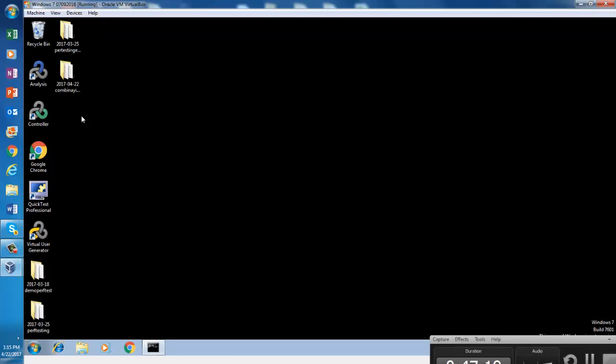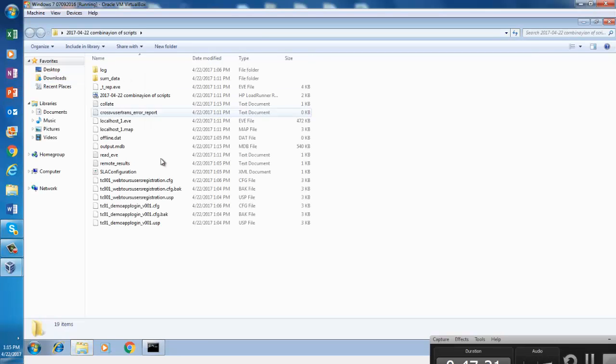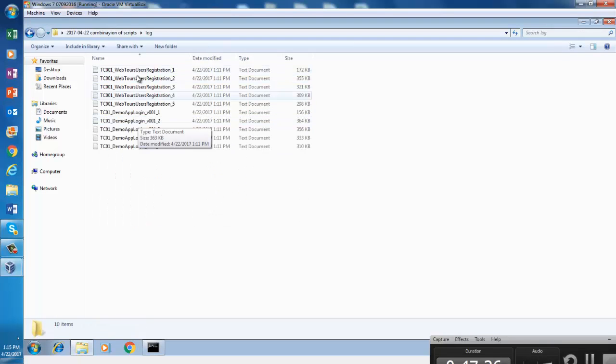After closing, remember I have created a folder here for the results. Now if there is any error, you will see a screenshot here. There was no failed transaction, that is why there is no failure here. There is no screenshot here. Otherwise you will see the log, and inside the log folder you will see the screenshot.